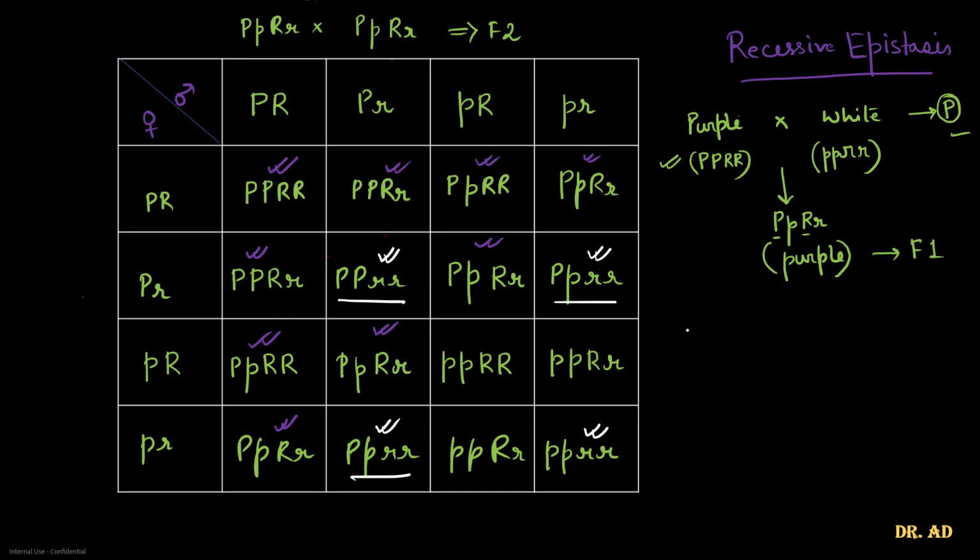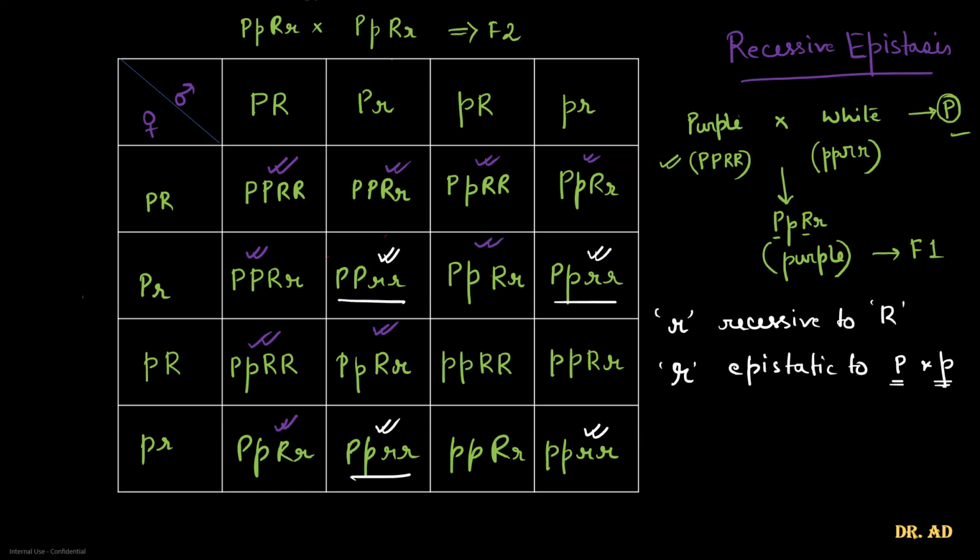Here we will have the reason. Small r is recessive to capital R, but epistatic to alleles capital P and small p. This is very, very important. Small r is recessive to capital R, but small r, let me write it, small r is epistatic to capital P